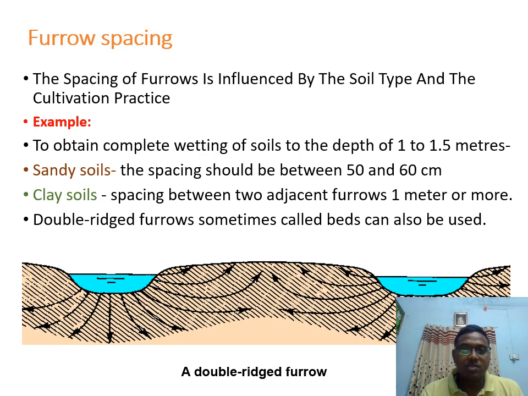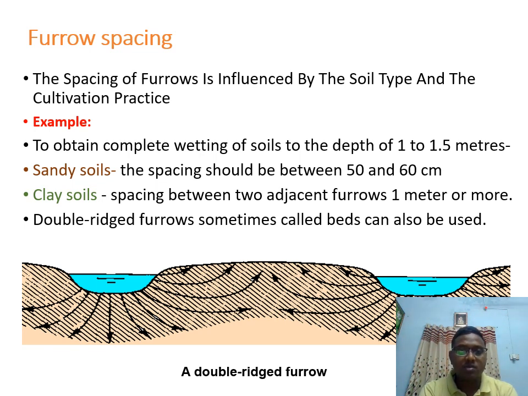In this figure you can see how the spacing between the furrows is important. We have discussed that it depends upon the crop and the implement, and also upon the type of soil. The spacing of the furrow is influenced mostly by the soil type and cultivation practices. For example, if we want complete wetting of the soil to a depth of 1 to 1.5 meters,